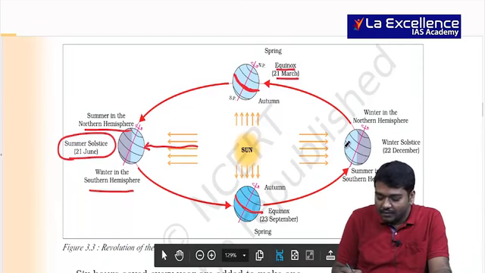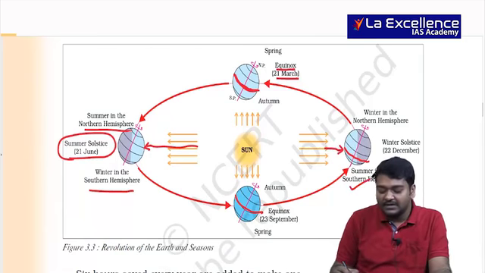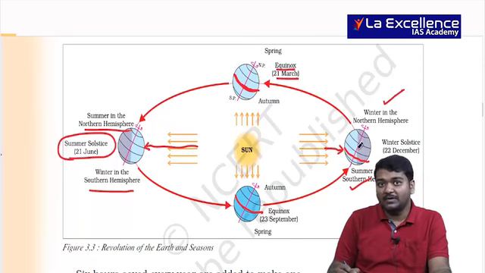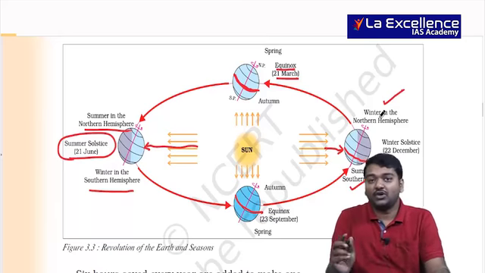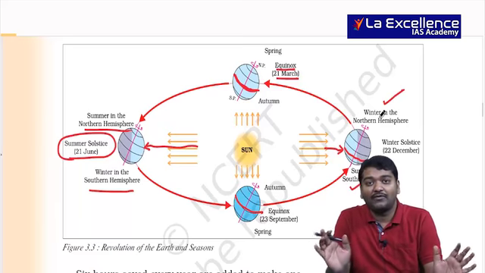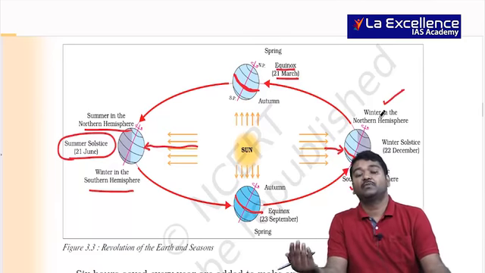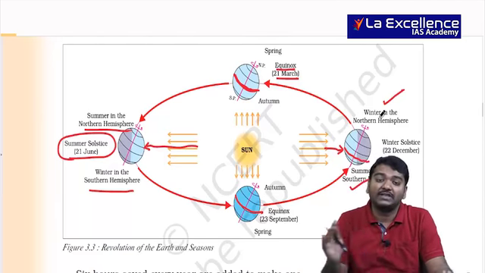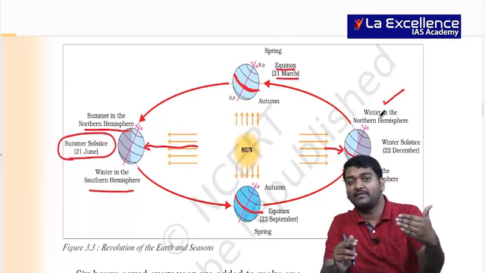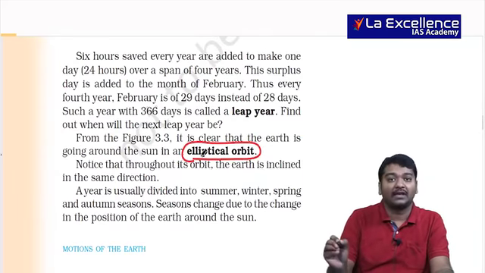Again, can you see here, 23.5, the sun's rays are falling vertically on the Tropic of Capricorn, summer in the southern hemisphere, winter in the northern hemisphere. Days will be longer in the southern hemisphere, shorter in the northern hemisphere. As you are all aware, winter means the sun's rays will be there only till 4 or 5 o'clock. Whenever we talk about summer in the northern hemisphere, the sun's rays will be there till 6 or 7 o'clock, so days will usually be longer. At the equinox, it will have the same day and night throughout, that is 12 hours of day and 12 hours of night. You're also aware that the earth revolves in an elliptical orbit.